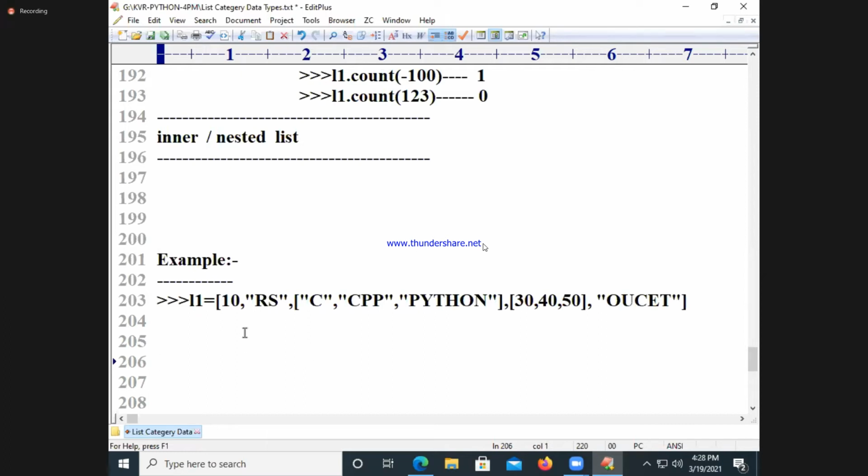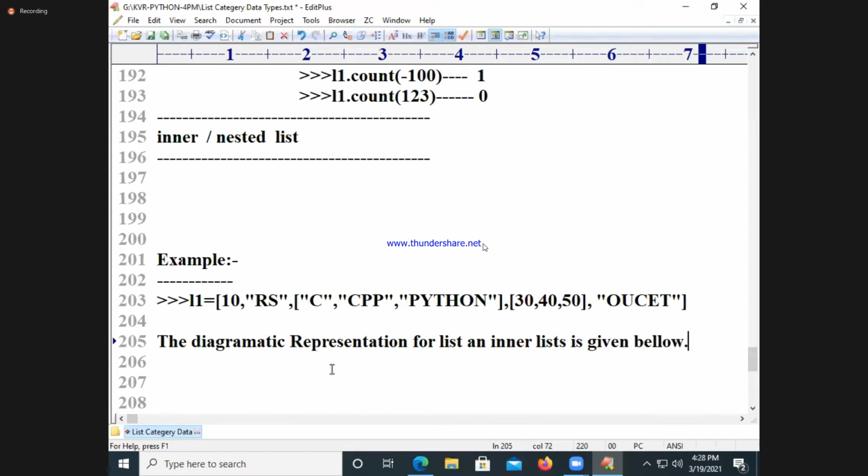Just once for this, I want to give the diagrammatic representation. Write down the diagrammatic representation for the above list and inner lists. The inner list is given below.